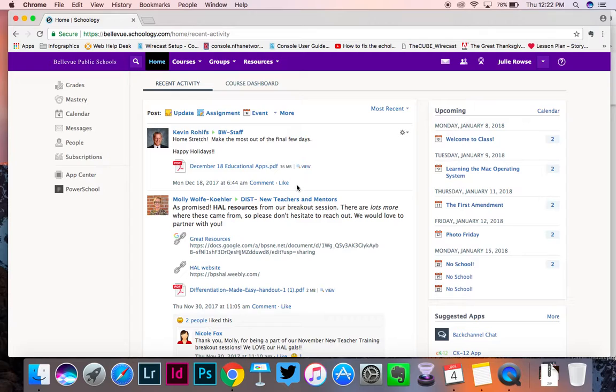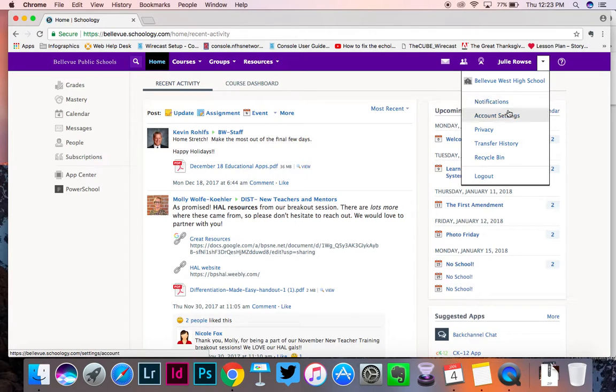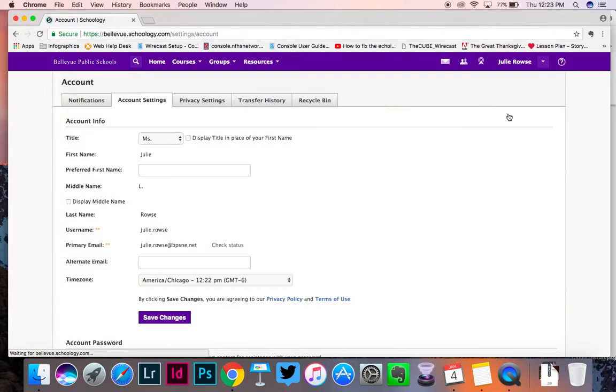and I don't really like that at all. So if you wanted to get rid of all of this, now some people really like that, so this is just a personal preference. What you can do is go to where the arrow next to your name, so find your name, and you go up here next to the settings drop down and go to account settings,